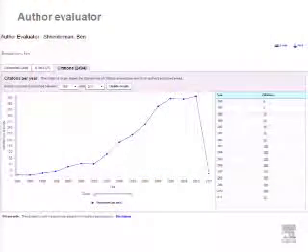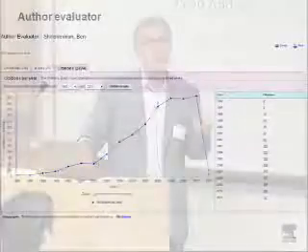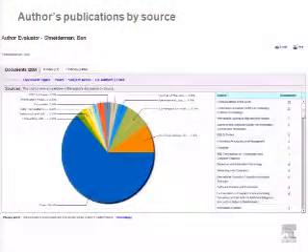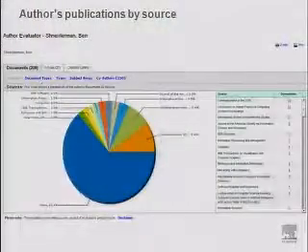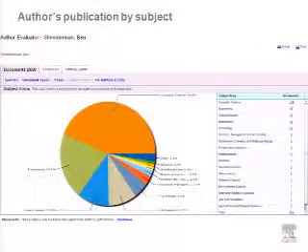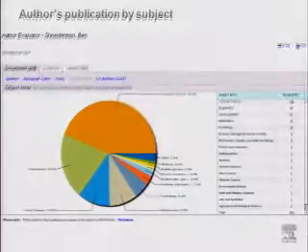We always need to think about multimedia visualization, how it integrates with the scientists' and researchers' workflow. A key factor in the scientific field is how we measure authors. Again, you can visualize this, and you can see an author's publications by source. In this case, we are looking at Ben Shneiderman, and I can see where he's publishing, and also what kind of subjects he's publishing. So that gives me intelligence in a very, very quick manner.